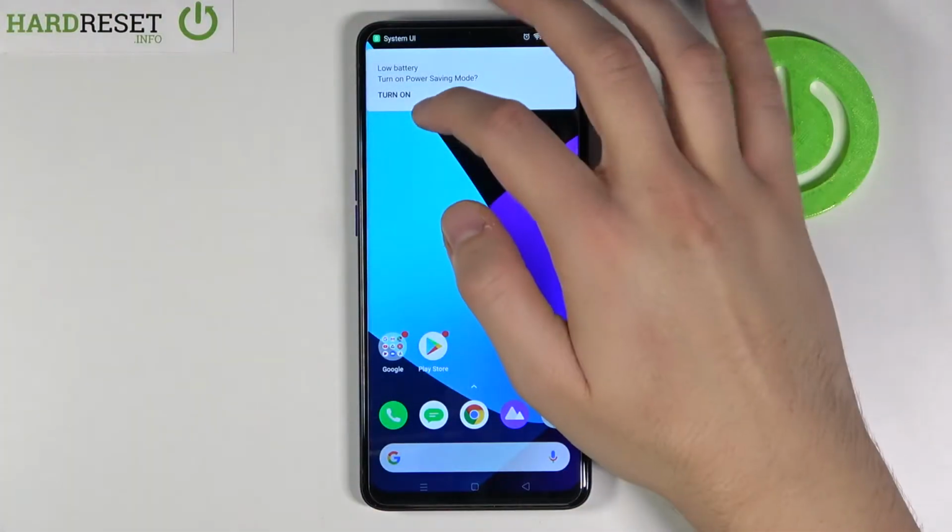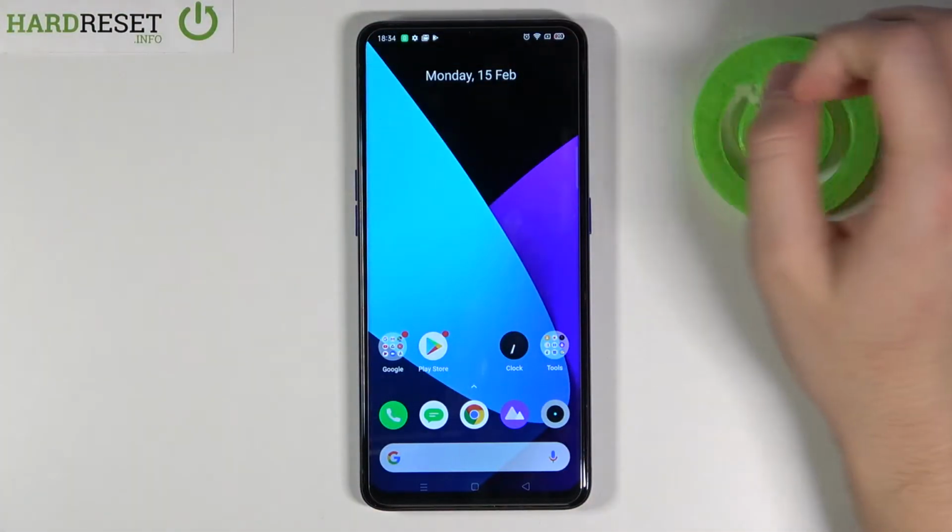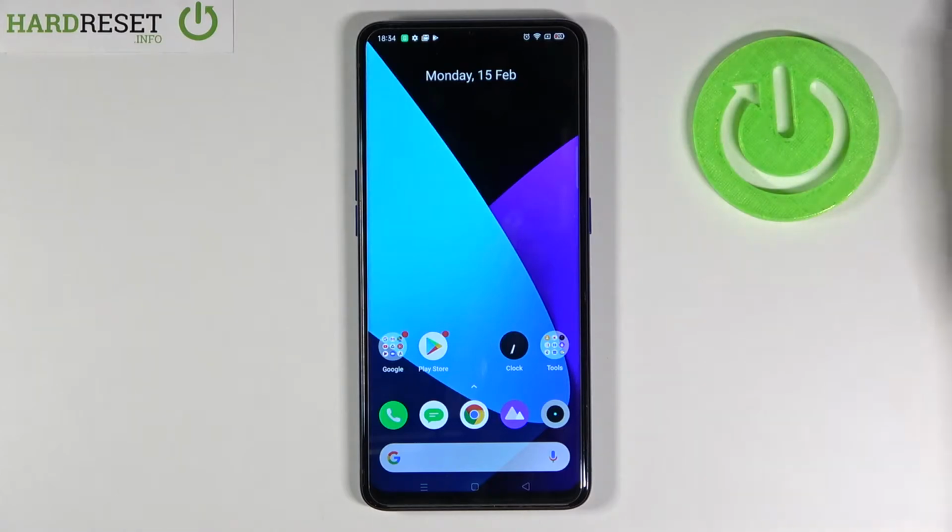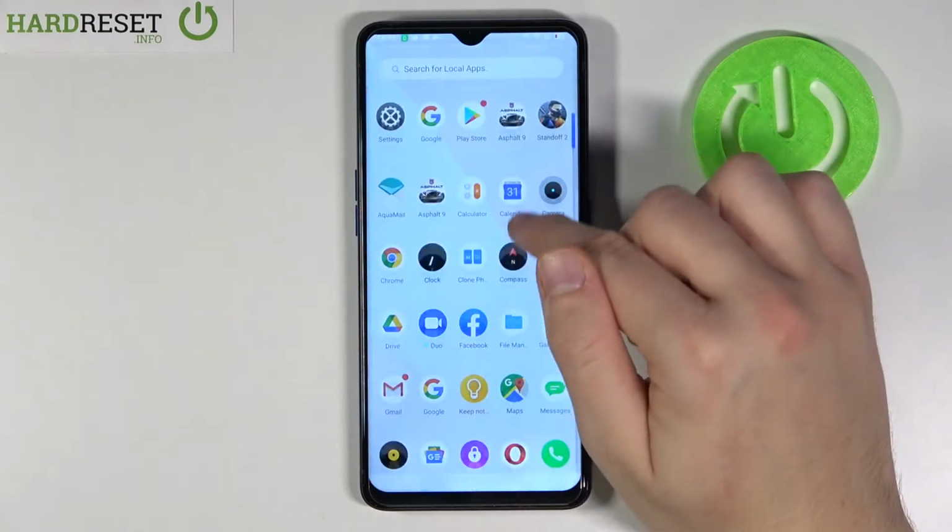Welcome. In front of me I have Realme X2 Pro, and today I'm going to show you how you can customize always on display. So at the first we have to open the settings,